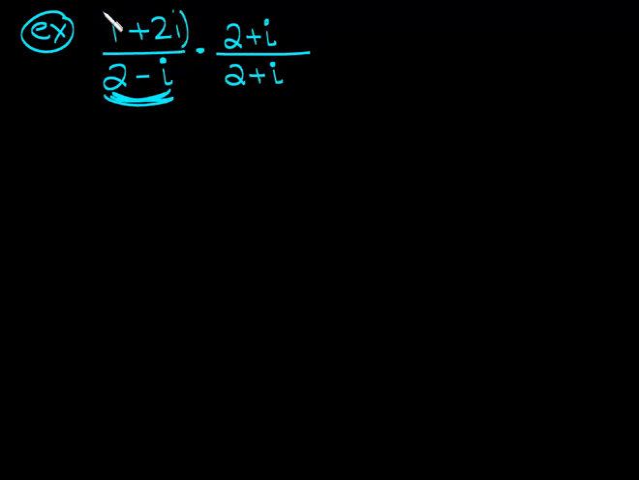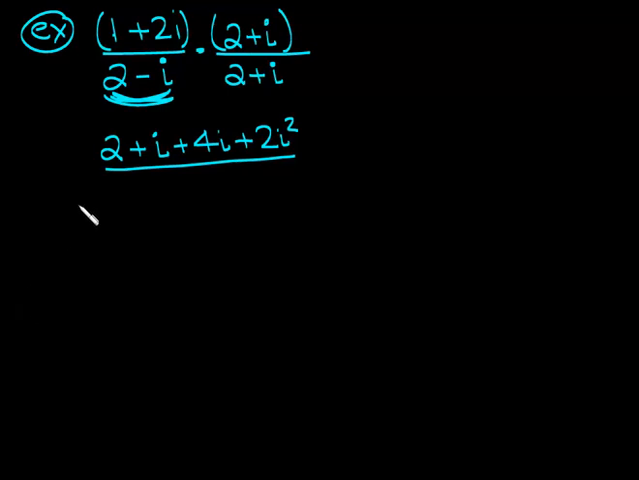So on the top we have two complex numbers we are multiplying, so we'll have to distribute like we did in the multiplication of complex numbers example earlier. So we get 1 times 2 is just 2. 1 times i is just i. Then we get 2i times 2 is 4i. And then 2i times i is plus 2i squared, divided by